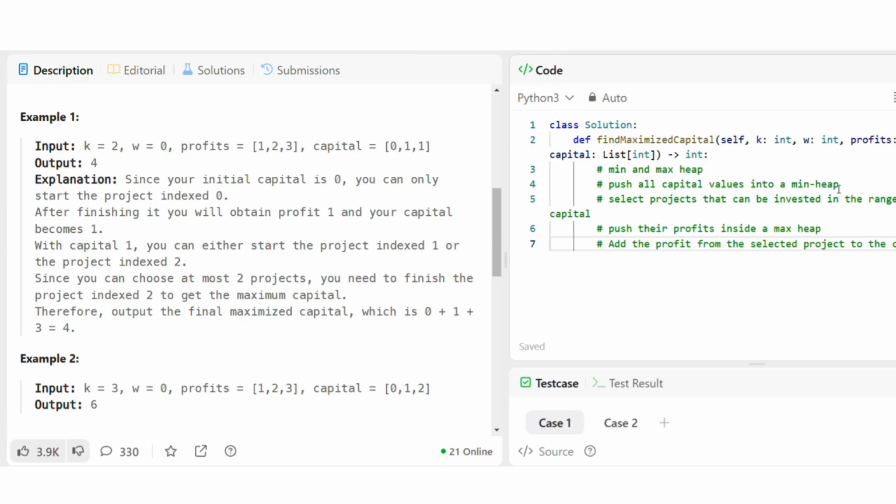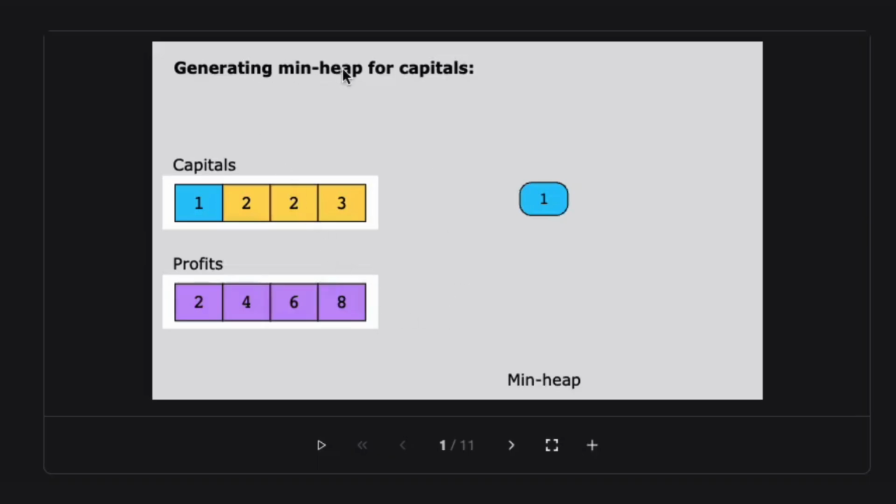Okay. I'm going to start creating this. Before I start creating this, by the way, I got this solution from educative.io, so I'm going to show you the diagram so you understand exactly how it works. Okay, so generating min heap for capitals. So these are our capitals. We have 1, 2, 3, 2, 2, 3, and then our profits that we could have is 2, 4, 6, 8. Now, what we want to do is we want to go over it and create a min heap with